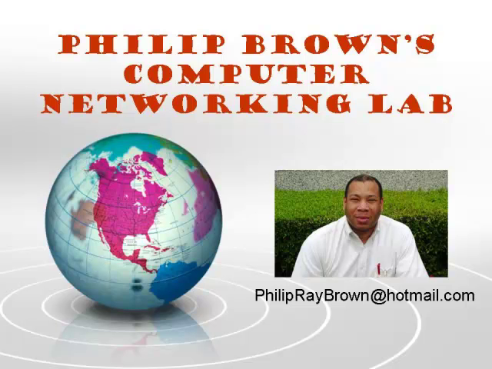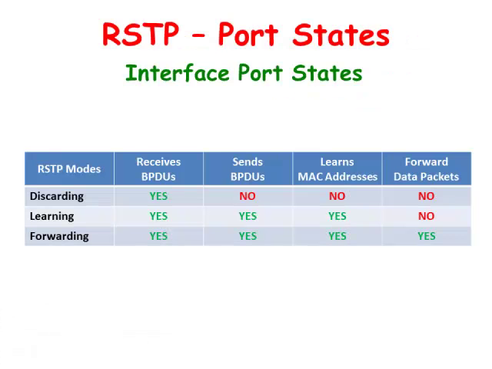You're watching the instructional video called Rapid STP Port States. One big disadvantage of standard spanning tree protocol is the length of time needed for convergence. This factor is very important in switching networks. To overcome this problem, Rapid Spanning Tree was created, which significantly reduces the convergence time after a topology change has